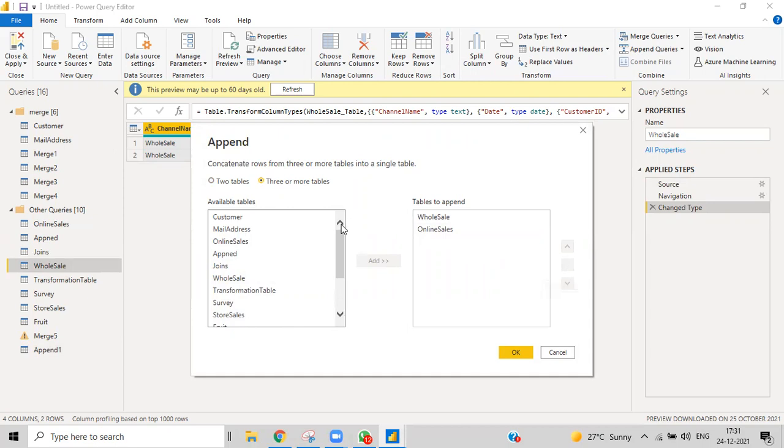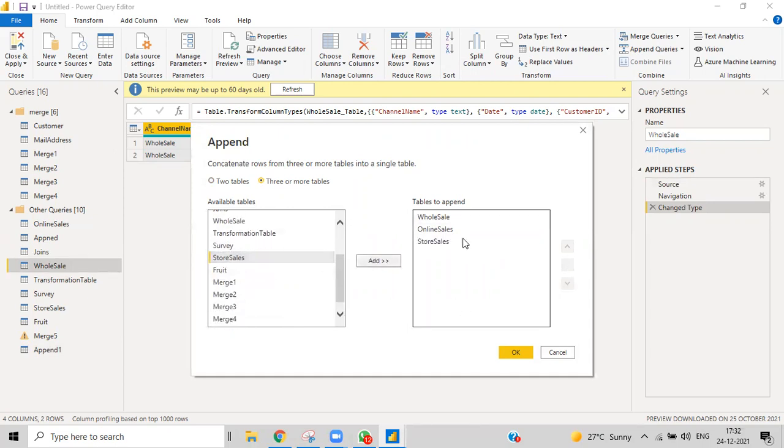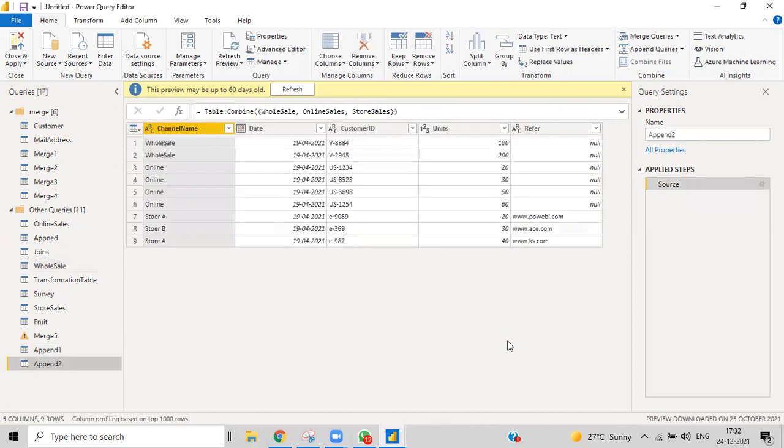and the third one is stores. These are the three tables, one, two, three. Then click OK. You can see all three: wholesale sales were added, online sales were added, and store sales were added.